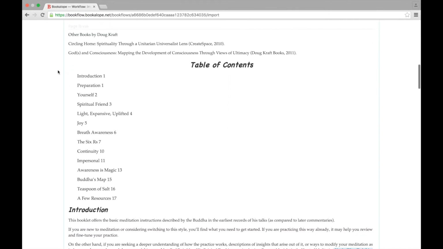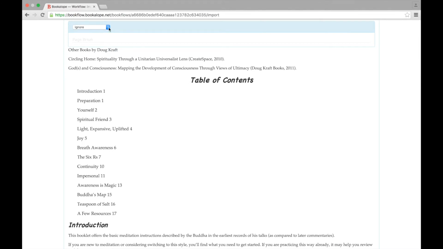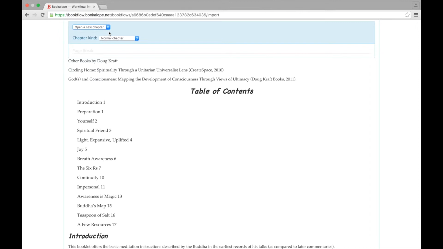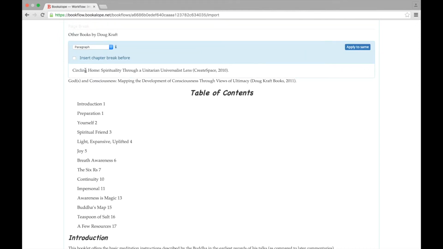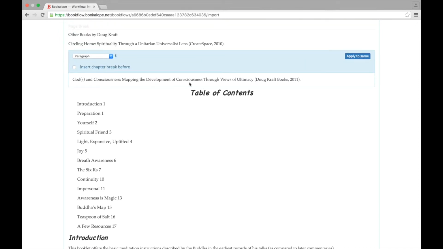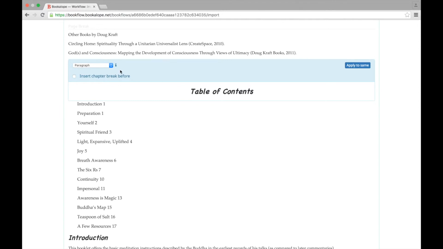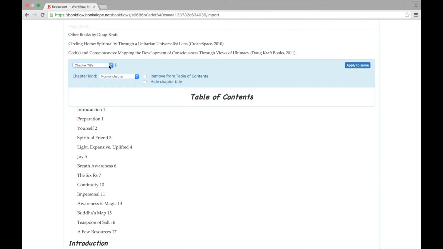Again, the next page break opens a new chapter, and its 3 paragraphs are normal text paragraphs. The table of contents was not identified correctly, and we now tell Bookalope that this paragraph is actually a chapter title. We also tell Bookalope that this chapter is the table of contents chapter kind,